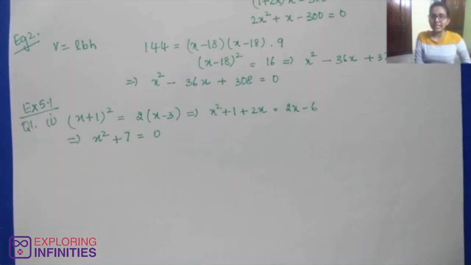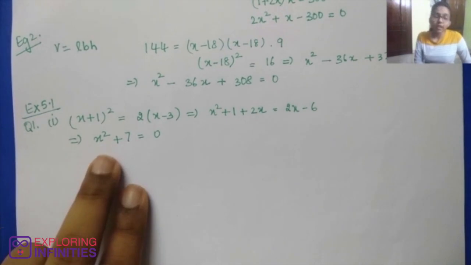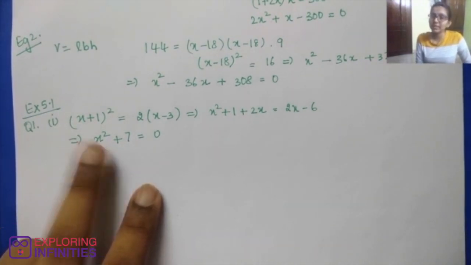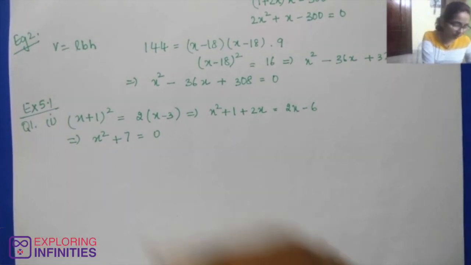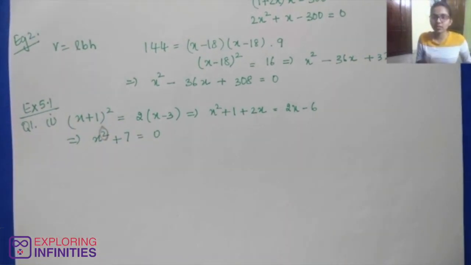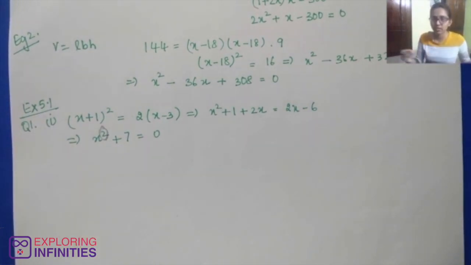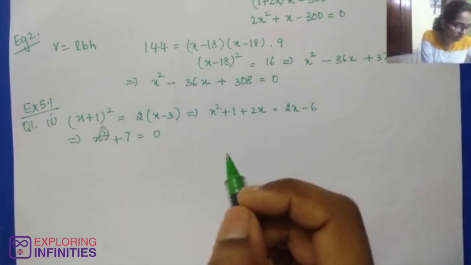So as you can see, this is a quadratic equation. Why? Because the highest power of my variable is 2. Here my bx term is 0. It's okay if my bx term is 0, as long as my x square term is not 0. I have x square with me, and that is the highest power available in this equation, so it becomes a quadratic equation. So the answer is yes.